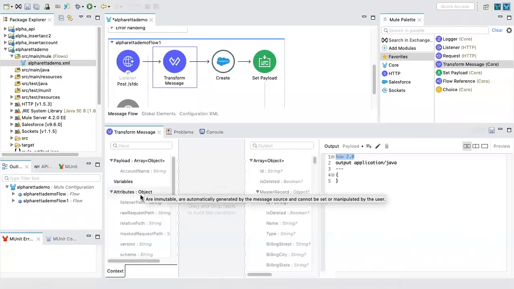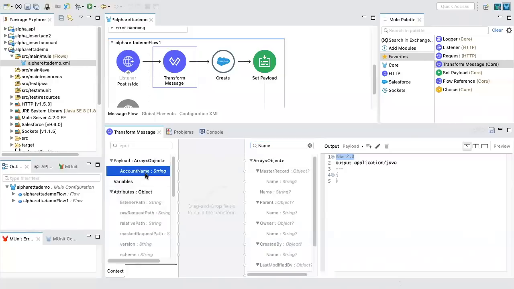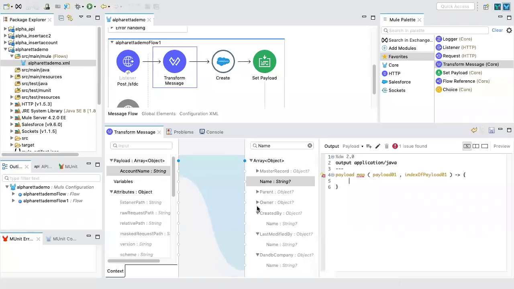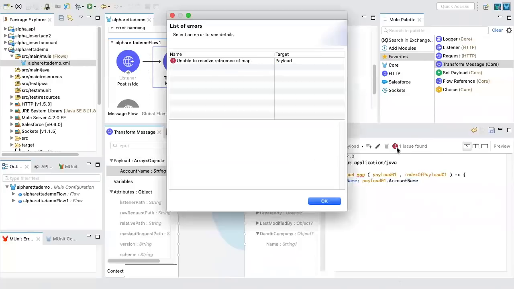Now do the mapping. So all I have to do is, there are so many name fields. This account name should be mapped to the name of, yeah, because the master, okay, my bad. Actually, this is not the right name. So there are so many other fields, right? On the account object, you have master account, you have parent, and those kind of stuff. We need account name here. Why is it showing an issue? Why?